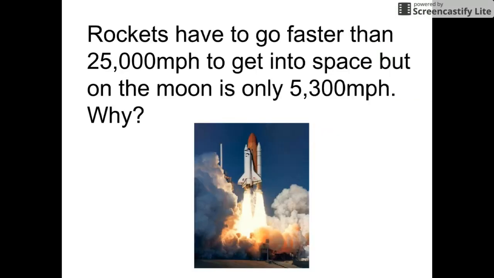Now, our question at the beginning was, rockets have to go faster than 25,000 miles per hour to get into space, but on the moon it's only 5,300 miles per hour. Why? Why is